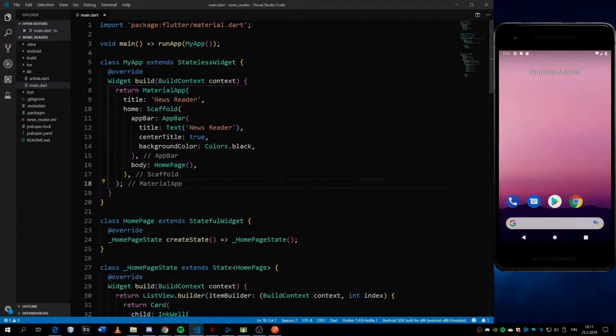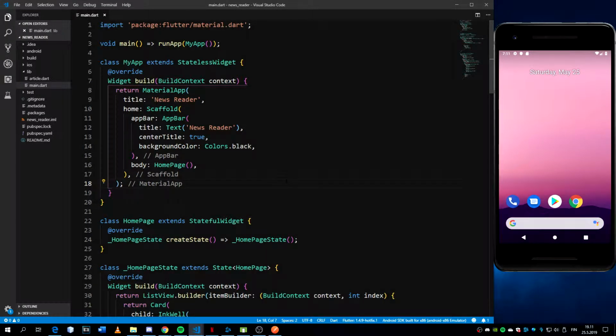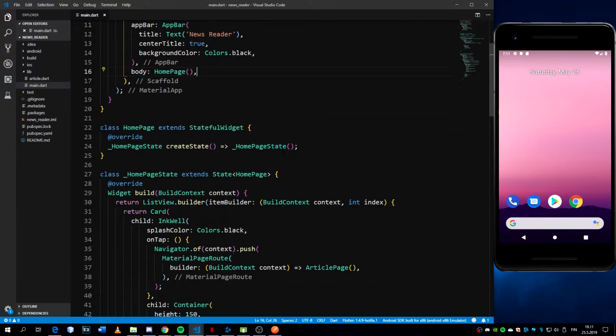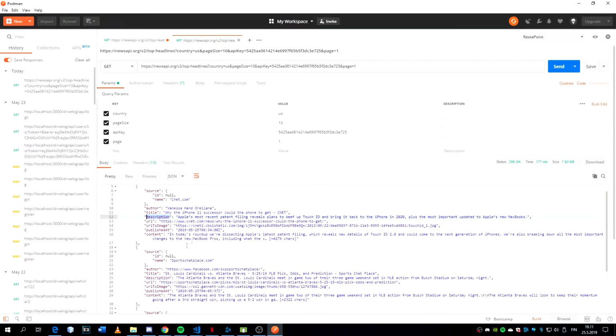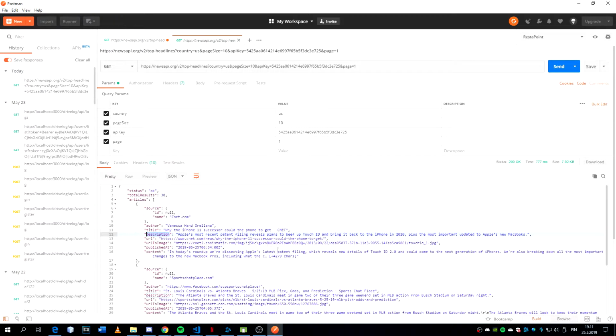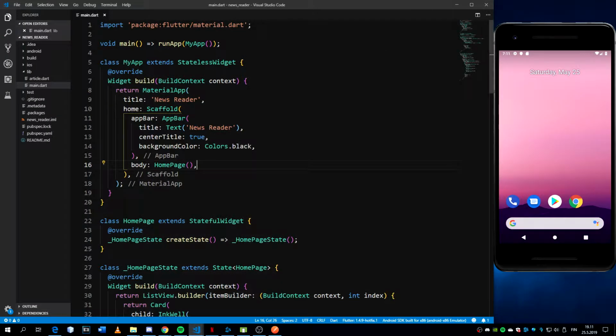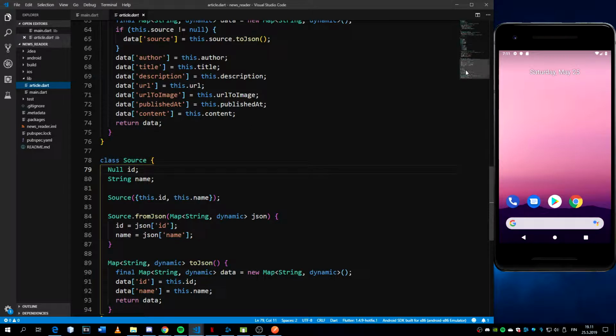Hello and welcome back. In this episode, we are going to be loading data to our list view from the news API. So from here, something like this. For that, we are going to need to bring in the HTTP package. But before that, in the last episode, we made these